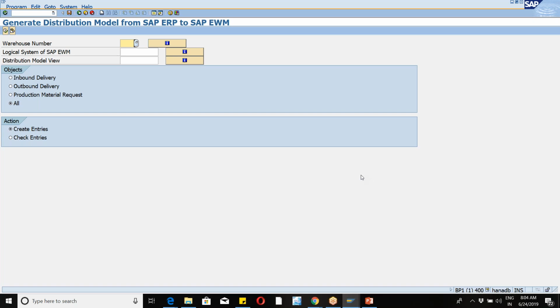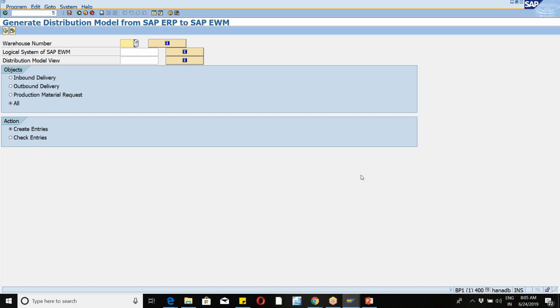If I'm talking about the master data, normally we have something called an integration model. That is nothing but your core interface, where we use this integration model and transfer the data. But in S4 systems, we will not use the integration model, which is the core interface, as we have it in the same system. But still, we have the distribution model in place. So what is this distribution model? This distribution model will be helpful for us to transfer your transactional data,